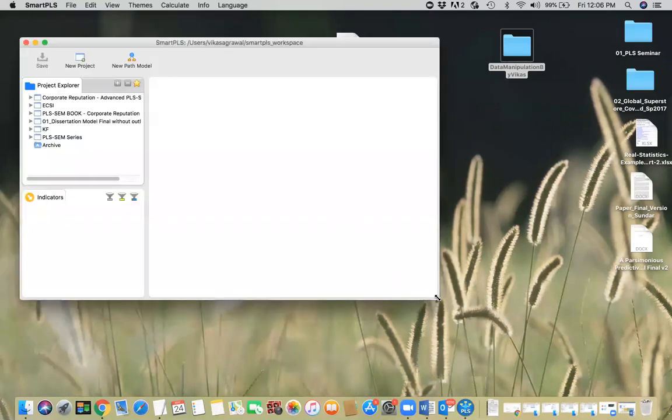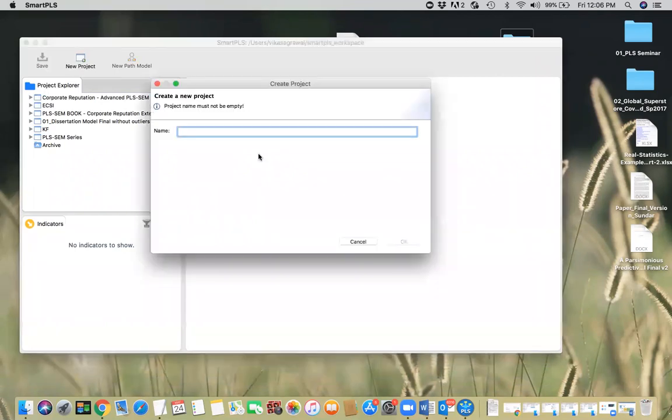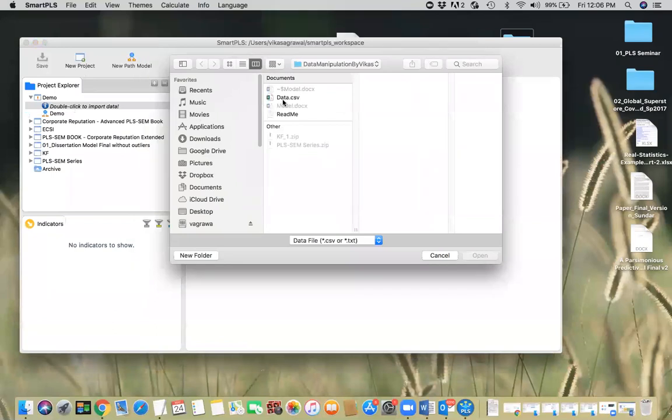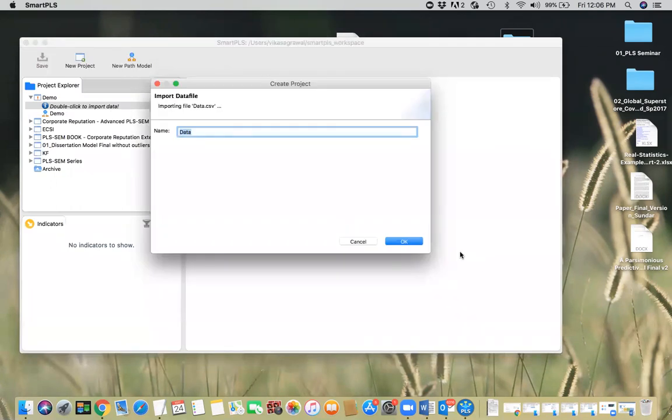Once you open this one up, you can create a new project here. Let's say demo, just to showcase. You can double click here to import the data that I have on my desktop folder. It's in the form of CSV. That's very important. It can only take comma separated values. So if you say okay here,